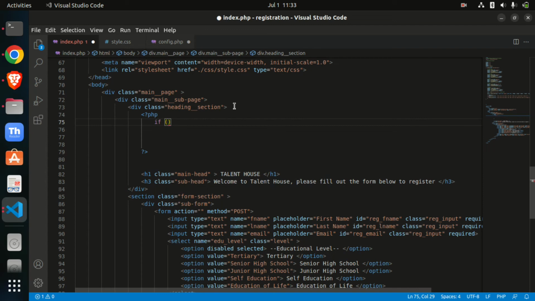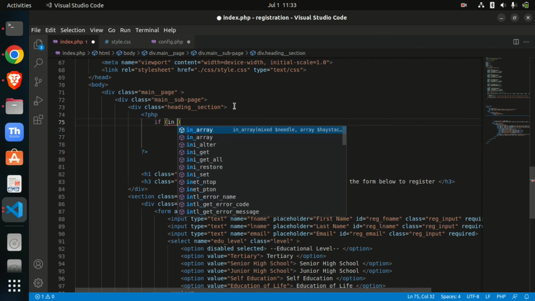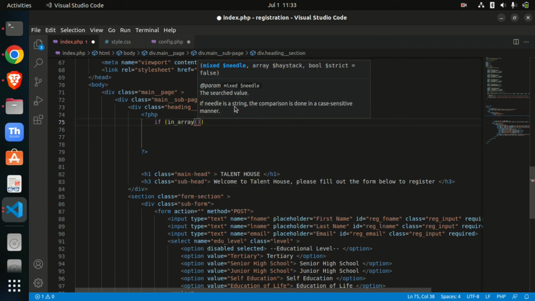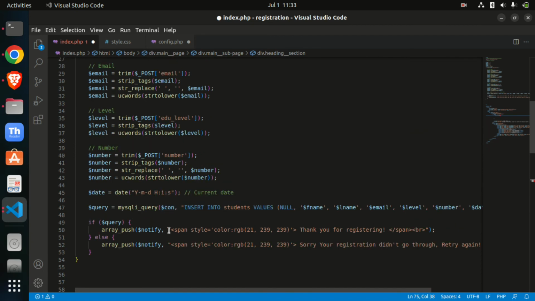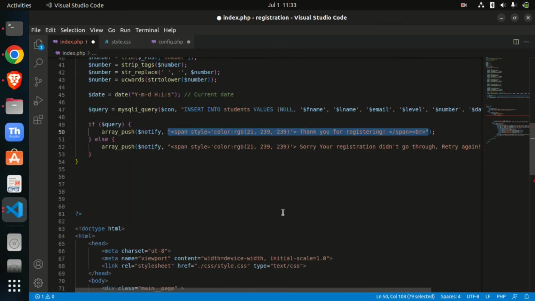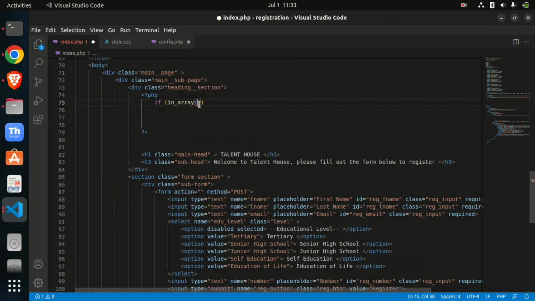So now we're going to say that if you find this in our array, what do we want it to find? So we are telling it, if you find this statement, which is the whole of this, copy everything here and go and put it inside. If you find this in our array. Now in_array also takes